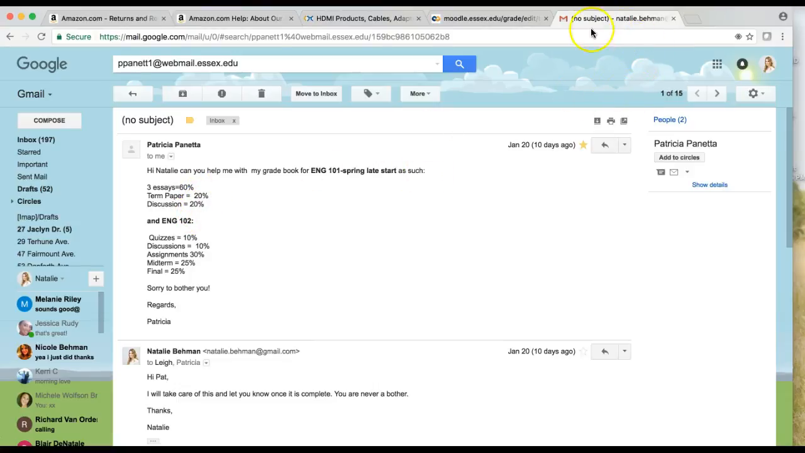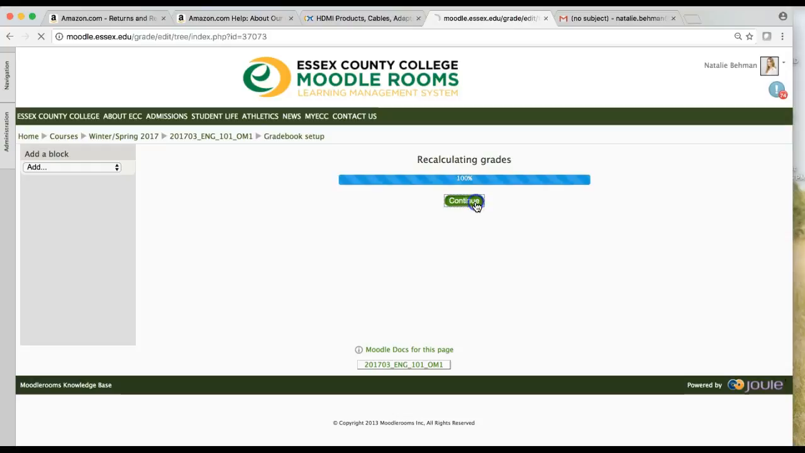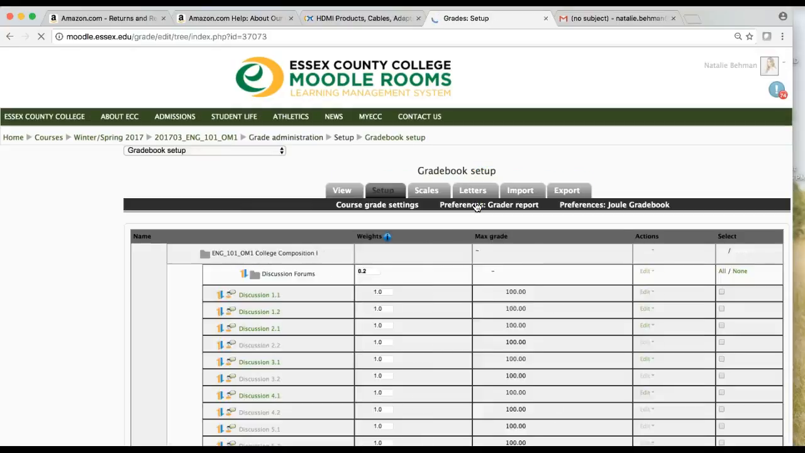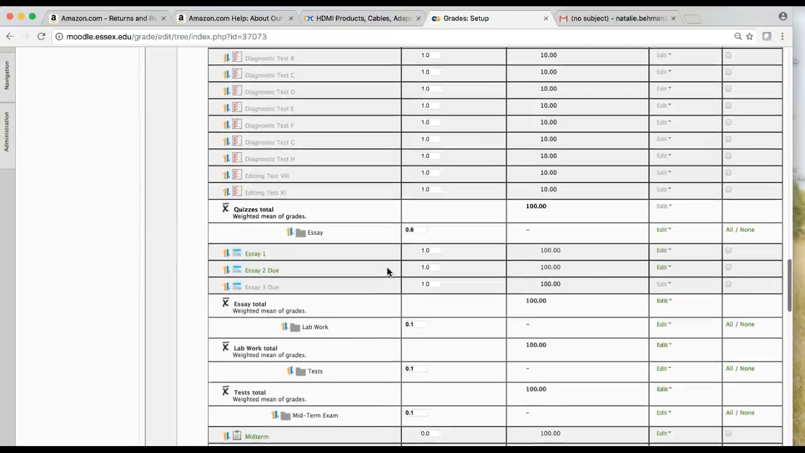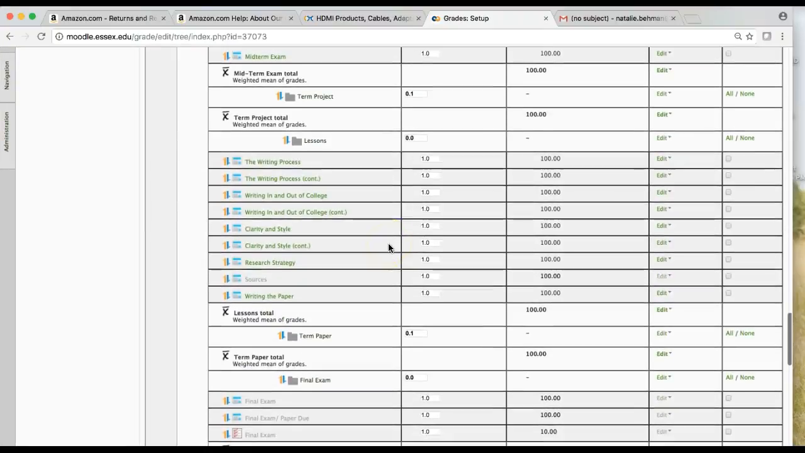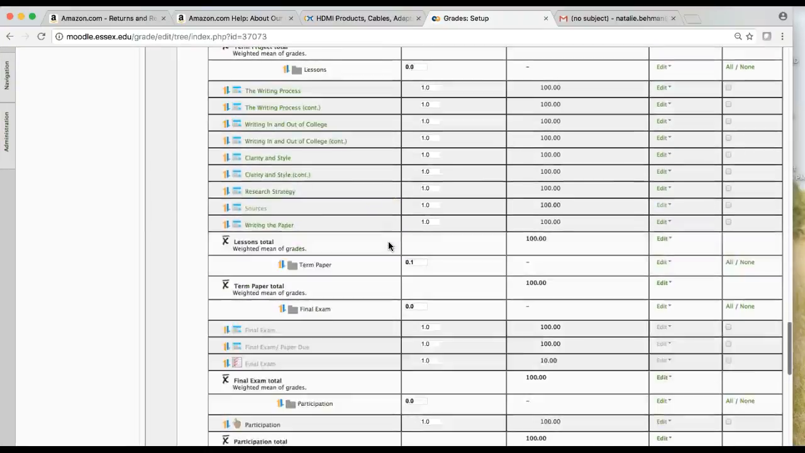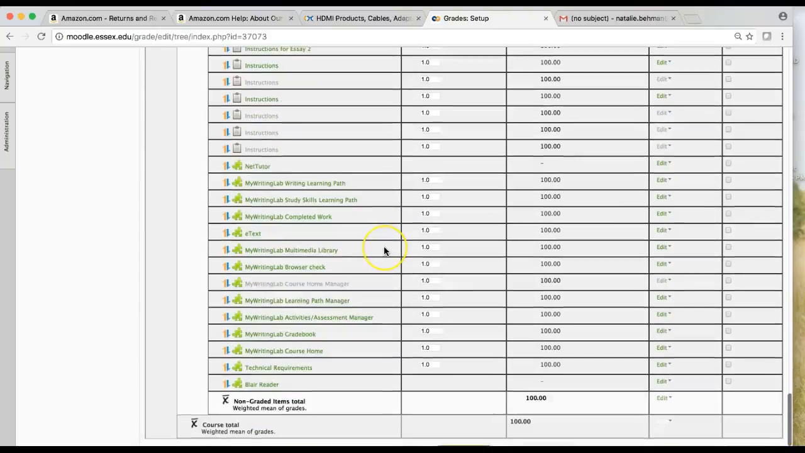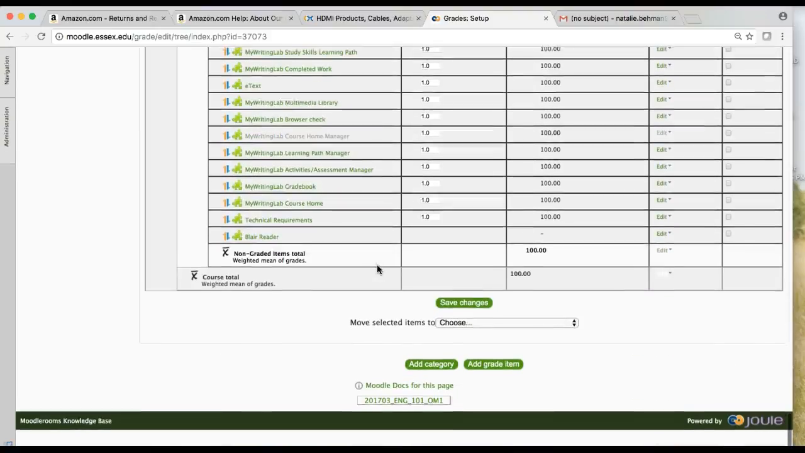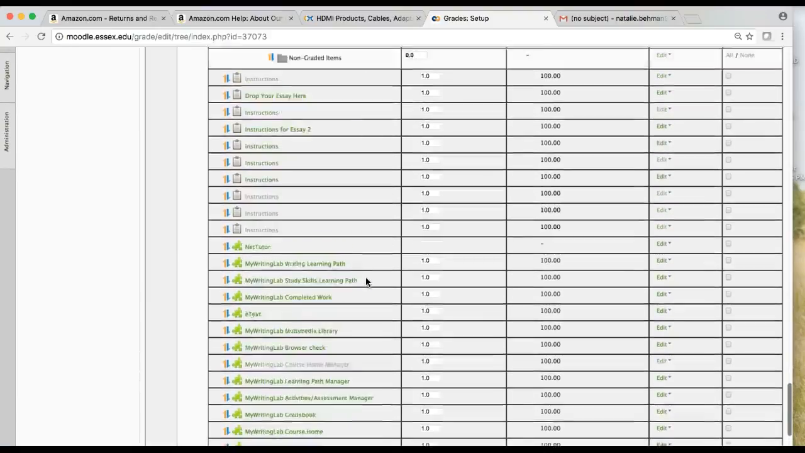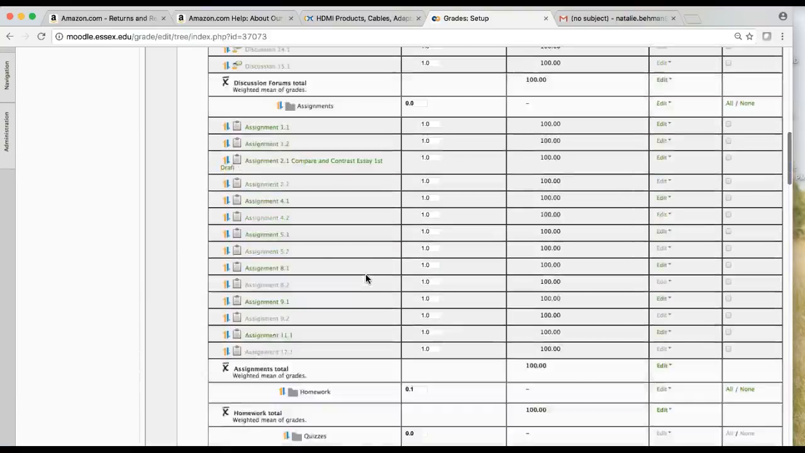Term paper. I don't know which one is your term paper. Let me see if I could check under essays. Yeah, it doesn't look like there is a term paper. So maybe you didn't create the assignment yet, but what I'm going to do is